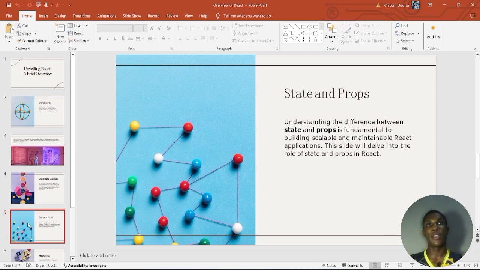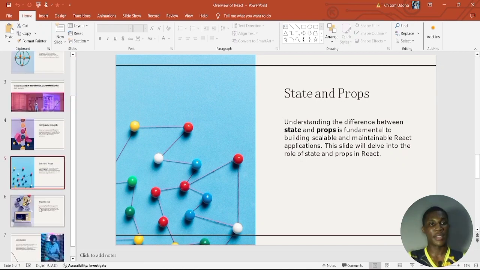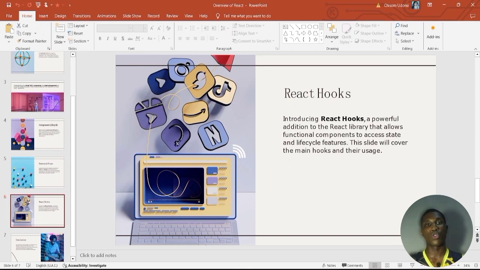But for example, if you have an application like maybe a counter application, and this particular counter application is keeping track of the number of times a user clicks on a particular button or item on the page. Now, obviously, it's not going to be a static value. It's going to change depending on what the user does. So those kinds of things that are reactive, those kinds of things that change, are what we call state. So that's for state. Let's go to the next slide, and we have React hooks, which is actually the main